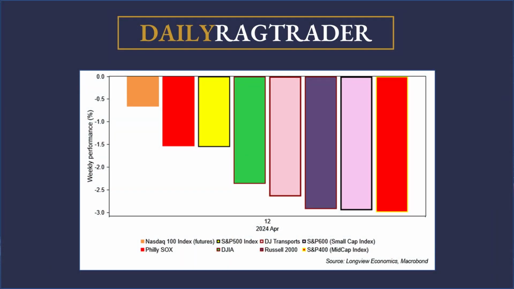If you look at this chart of weekly performance that we're putting up in front of you now, weekly performance of the key US equity indices, you can see that a number of them were really quite weak on the week. Russell 2000, S&P 600, S&P 400, which are all mid and small cap indices, much more cyclical in nature, off about 3% over the course of the week. Whereas actually the markets that did better were the big cap tech, the NASDAQ 100, which was down on the week, but not down much and down much less than we saw in other parts of the US equity market.